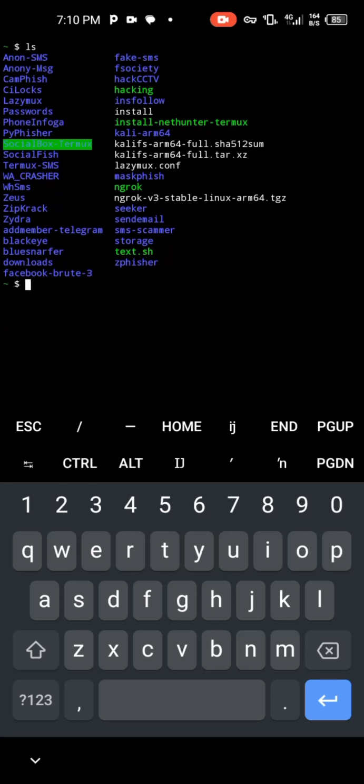I'll try to explain some of the tools I've installed. We have anon-sms. This tool is very powerful. It is used to send anonymous SMS, like how MTN or Voda send you messages. You can also create your own brand and send messages under it. And then we also have the